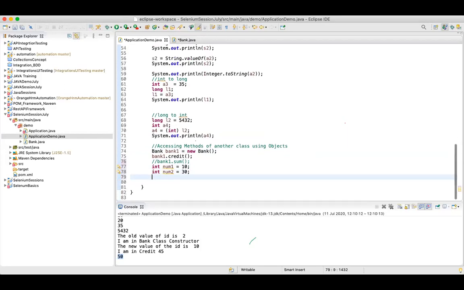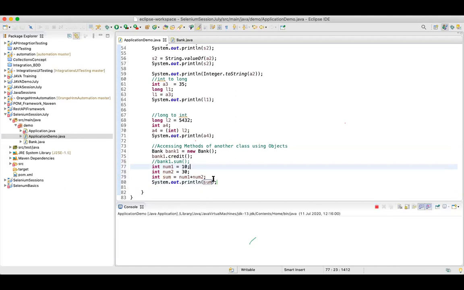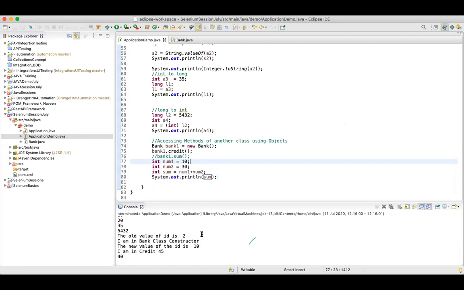If I want to add these, I'll say sum is equal to num1 plus num2, and this should also be an integer. I'm simply adding two variables, 10 and 30, so it's printing 40.